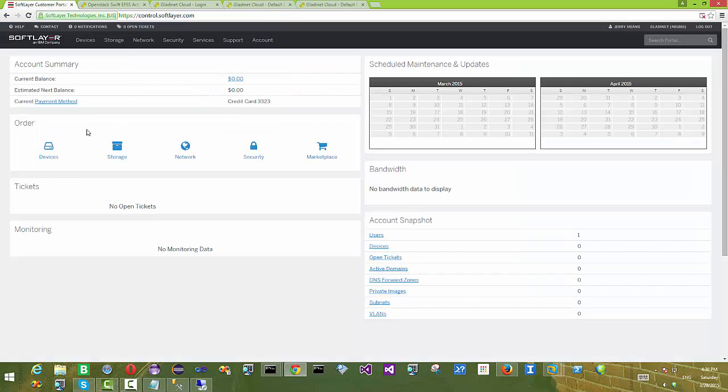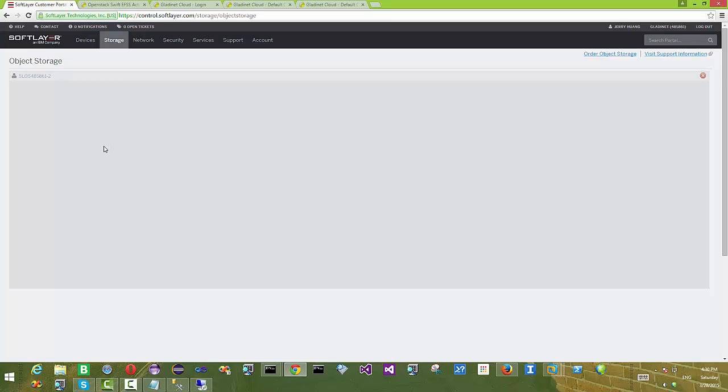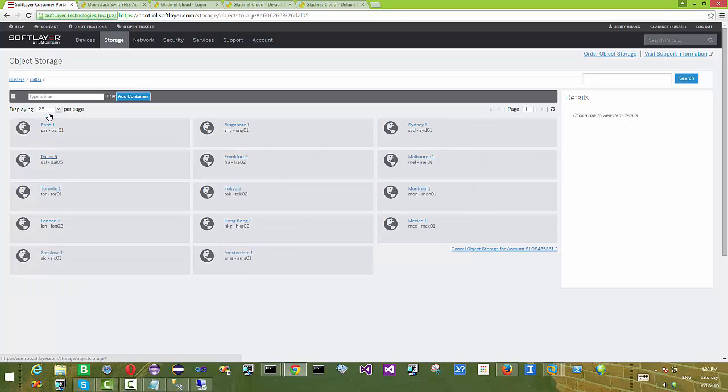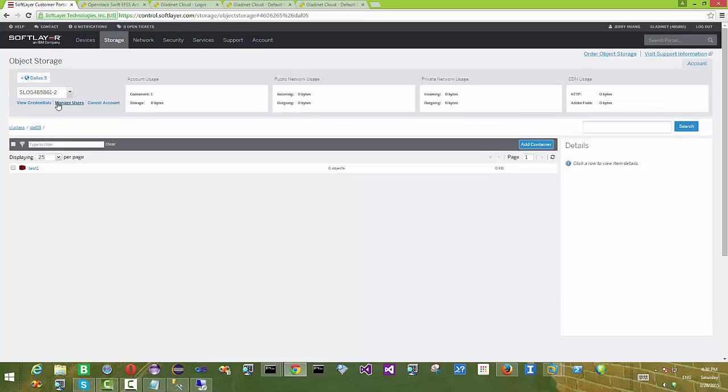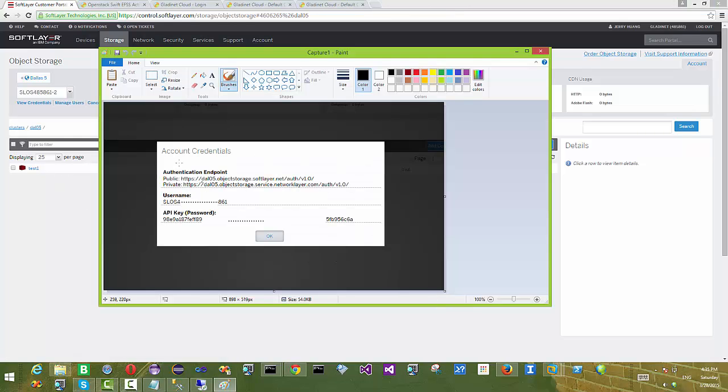SoftLayer object storage account. So you can go to the object storage in the SoftLayer interface, the web portal interface, and then we already have a container in the Dallas 5, and you can use the view credentials to get the connection information. I took a picture of the connection information. You're going to see authentication endpoint. You're going to see your username, and then you're going to see your application key. So these are the three parameters we will be using to connect to the SoftLayer object storage. So you can pretty much just copy everything into a notepad, and then they will be ready for use